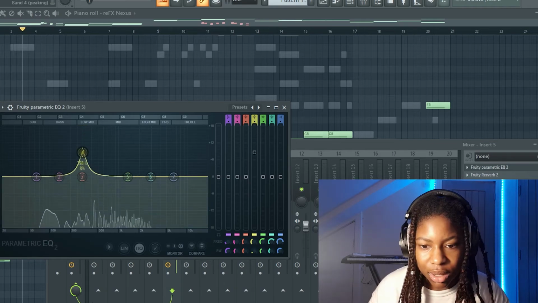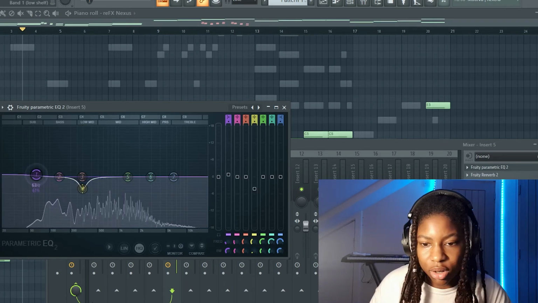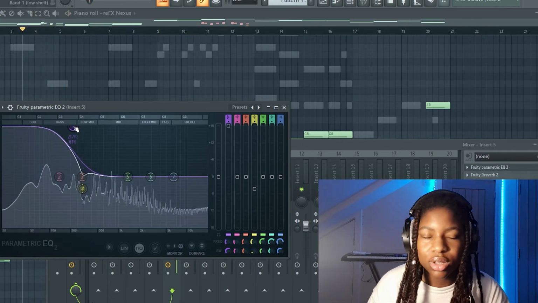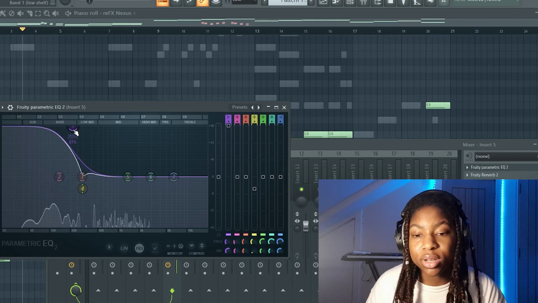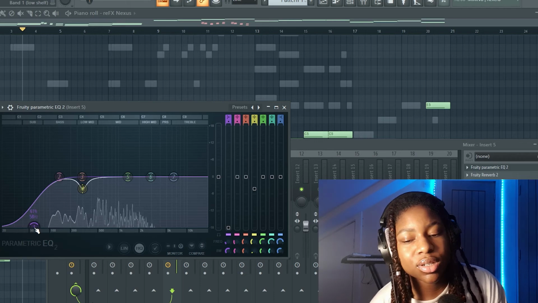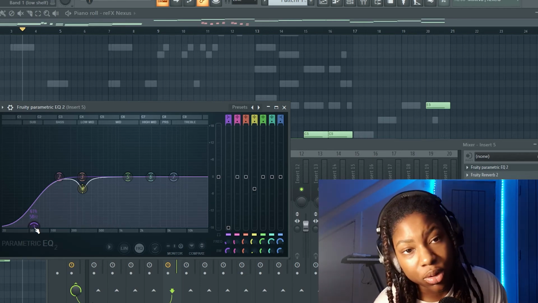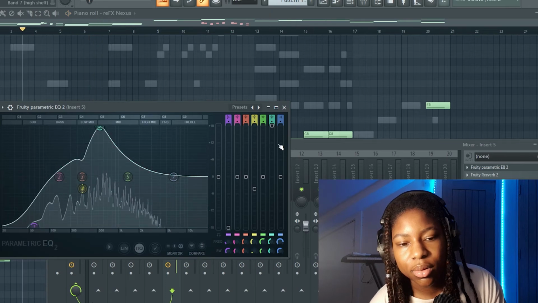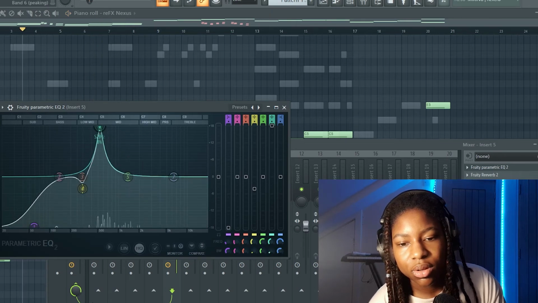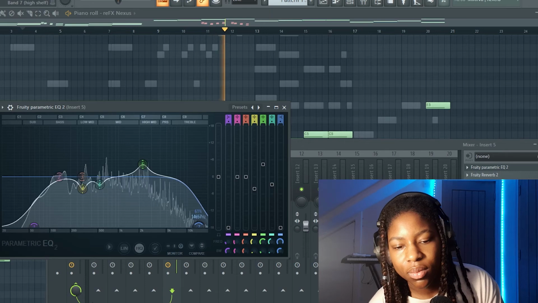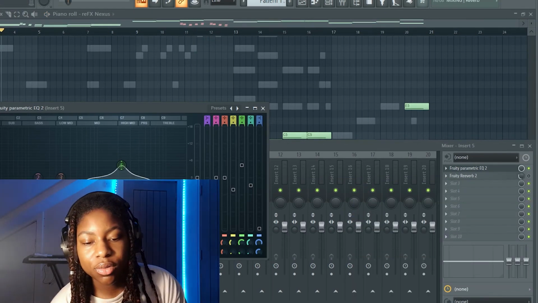I would just dip that down a little bit, and the low frequencies have rumble, a lot of boominess. So we can just cut some of that out, but not too much, because you still want a bit of that oomph from the lower notes in the piano as well. I'm going to cut here as well. And then if we listen to before and after,